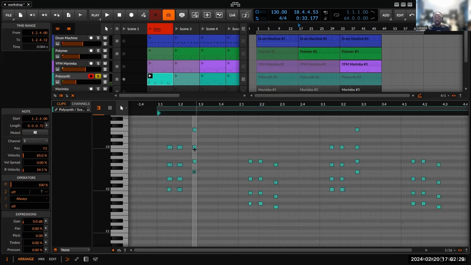So the scale that I'm in at the moment is, I would say, F. But you can see certain notes, like this note, is outside of the scale. So the F minor scale would be... But I've got this note in there. And this is kind of like the blues note. So